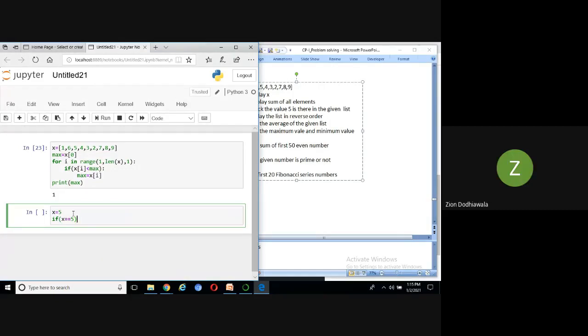Inside the bracket, you are going to write 2 conditions here. Pipe, x equal to 10. Print yes.